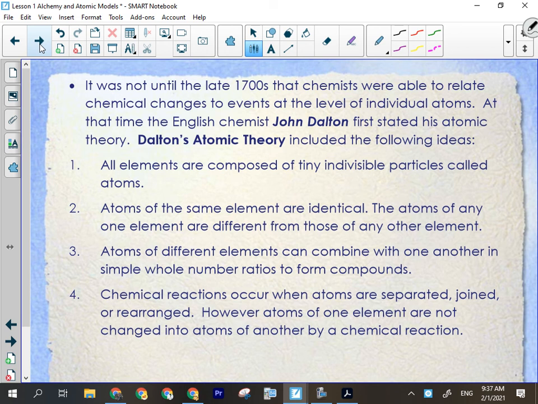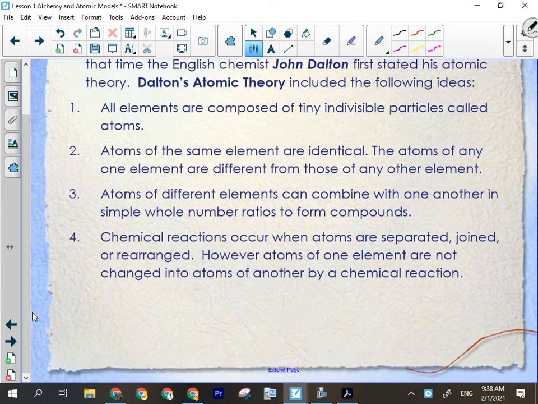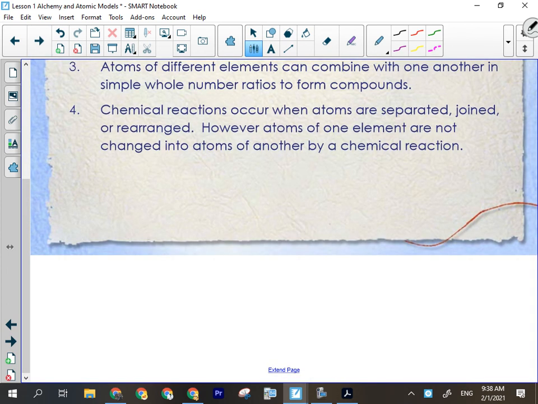So what he was seeing was, in a chemical reaction like the one I showed you before with the potassium iodide and the lead nitrate, that he wasn't making new materials. He was making new mixtures or new compounds. Okay? So if we go back to a reaction, a simple one like this, let's just say